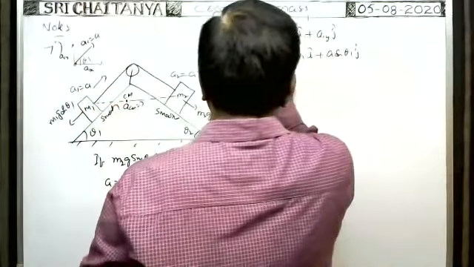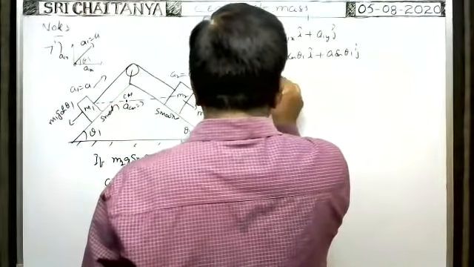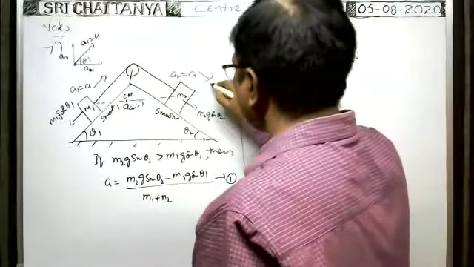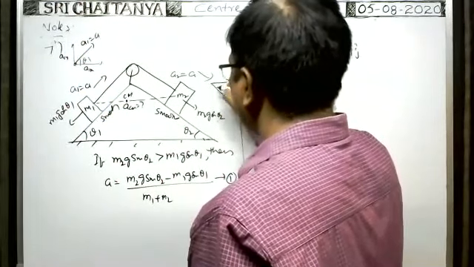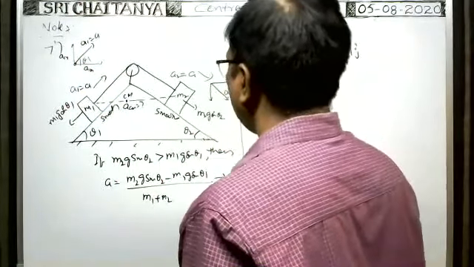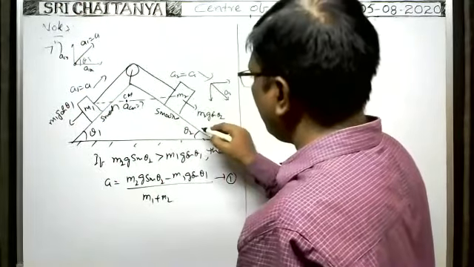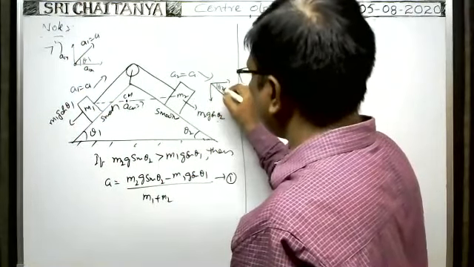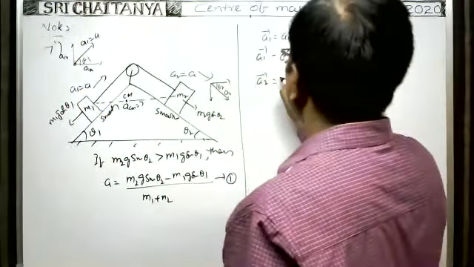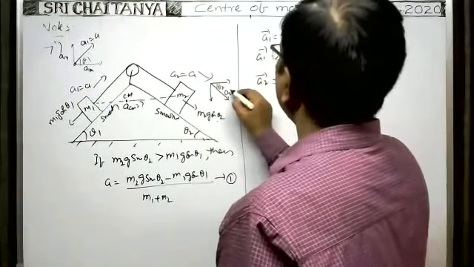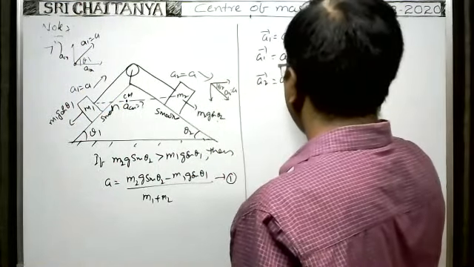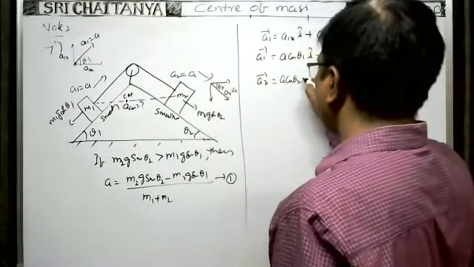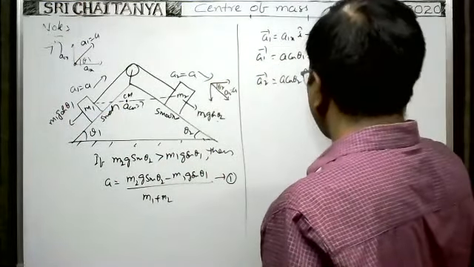It is the acceleration of the first one. What is the acceleration of the second block? You see, acceleration A2 is in this direction, with the x component in this direction and the y component in this direction. What about this angle? Here, if it is theta 2, then the x component of A2 is A cos theta 2. Its x component is along the positive x direction, that's why plus i cap only.